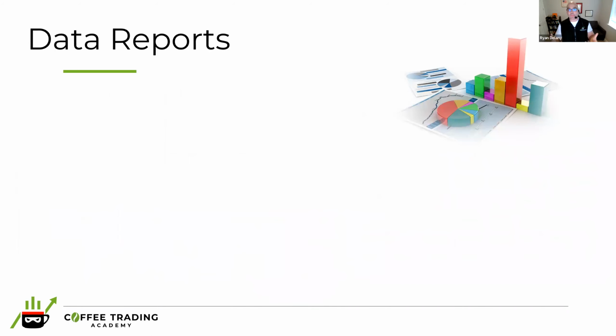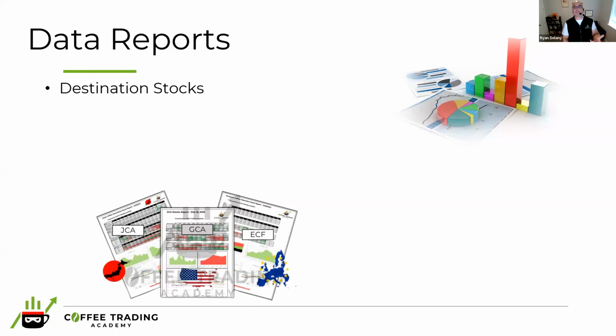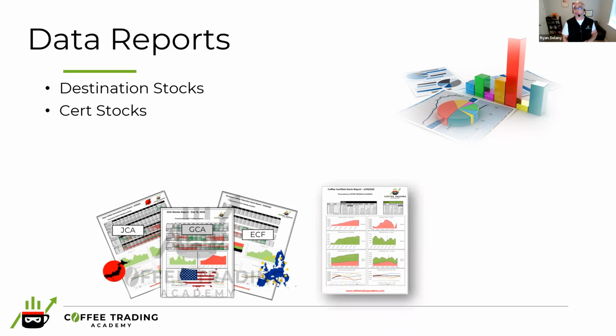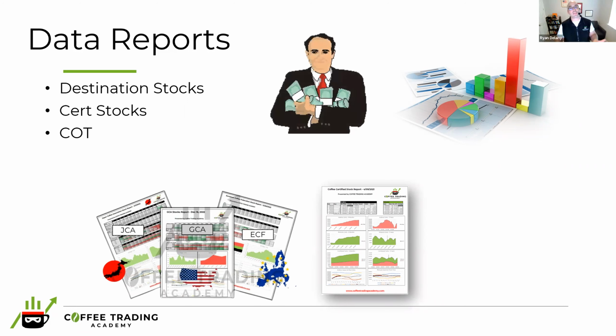So those are our data reports that we covered here. There's many other data reports as well, but we talked about stock reports in particular, the destination stocks and the certified stocks, how both of these are super important. Why? Because they help us to anticipate price, right? And we also talked about the COT and how the spec can actually extenuate the price moves beyond what the